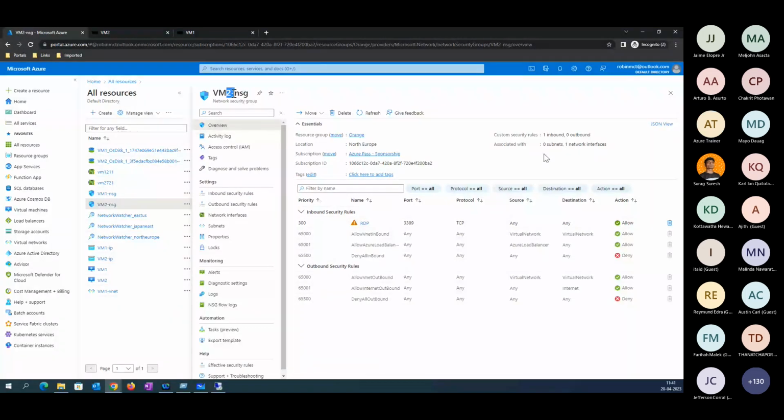The moment you create this, it is actually created and attached to the network interface card here. Is this point clear?